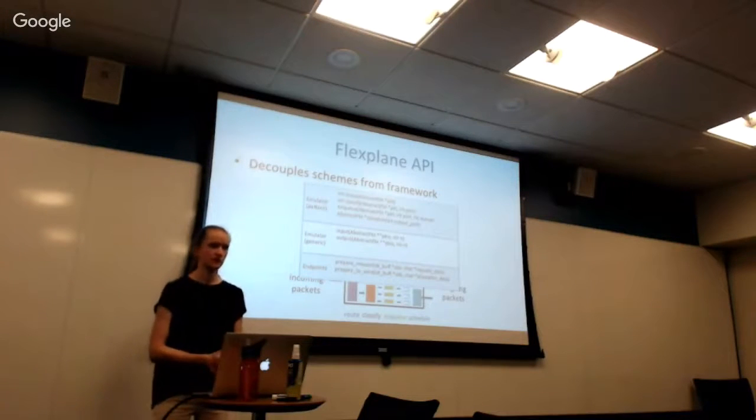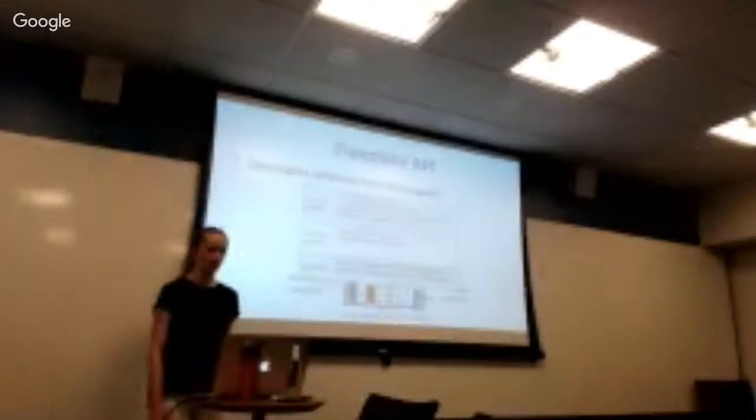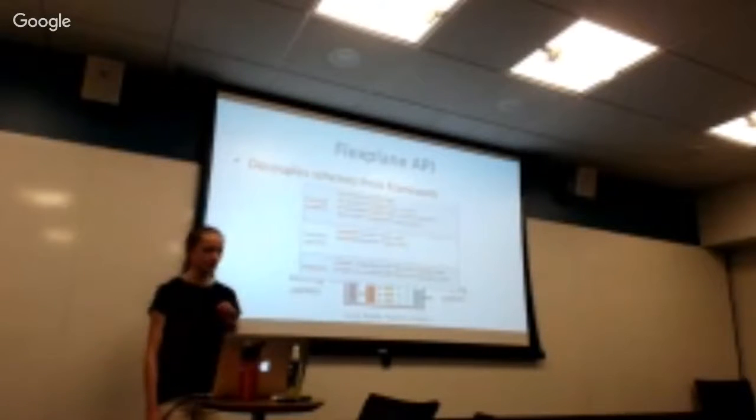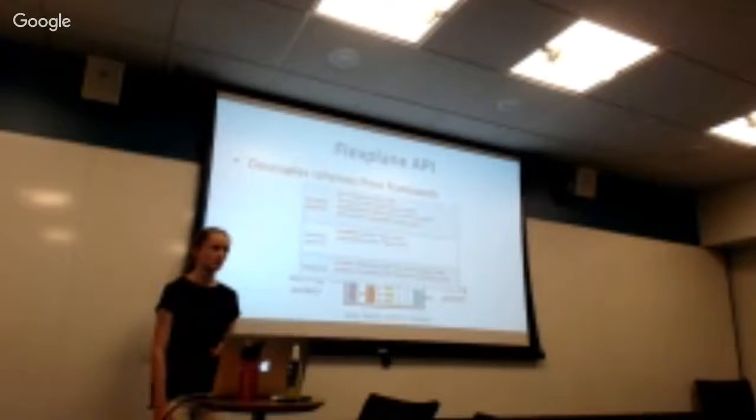Flexplane exposes simple APIs to users so that they can write their own schemes. At the emulator, the implemented schemes are decoupled from the framework. Users implement simple functions at the emulated routers, and the framework takes care of calling these functions at the appropriate times. There are two C++ APIs. In the pattern API, which works for most schemes, users implement functions such as route, classify,